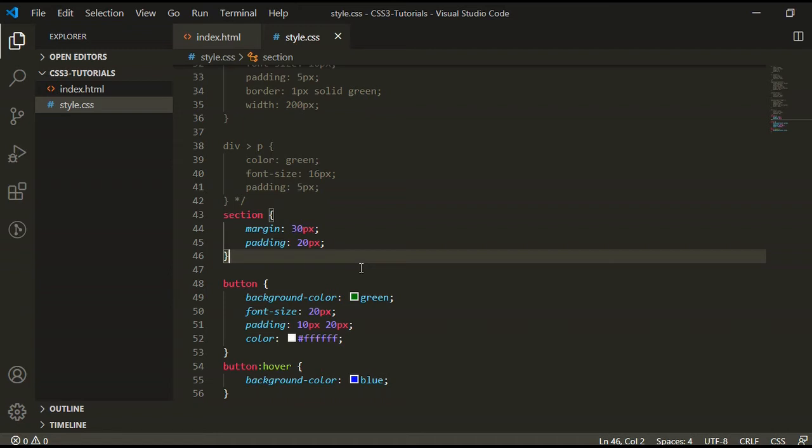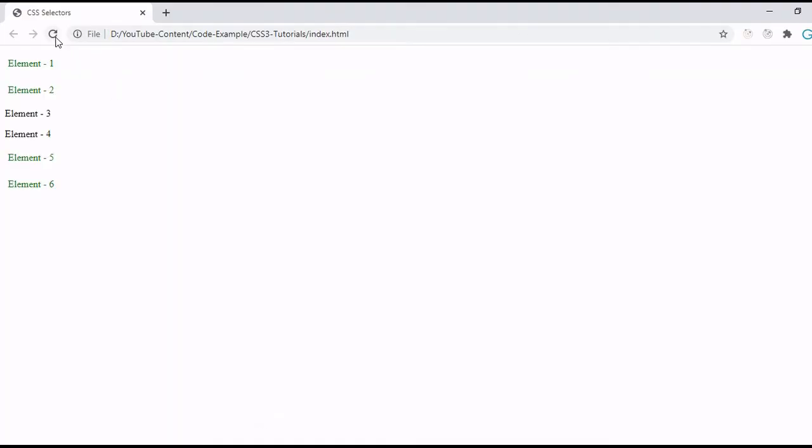Now it's time to check in the browser. Refresh the page. Here our button is coming with a green background color. Now when I mouse over it, the background color has changed.